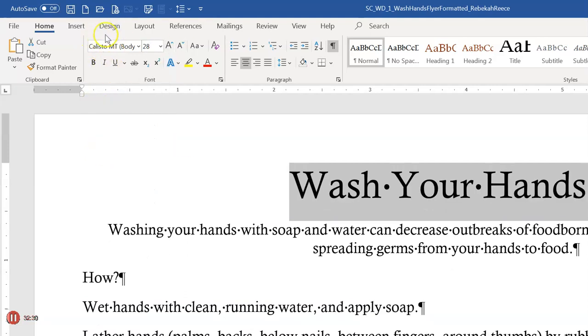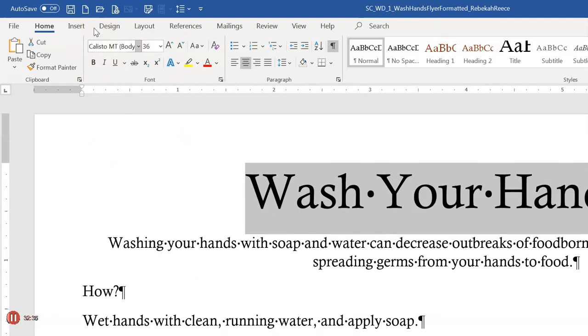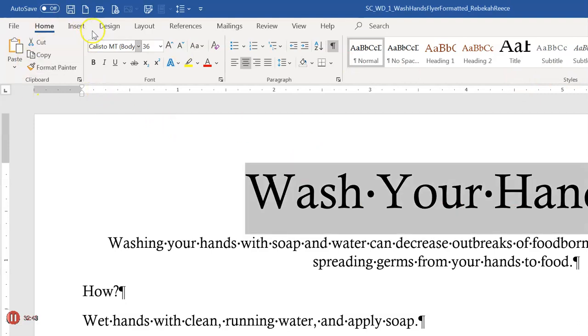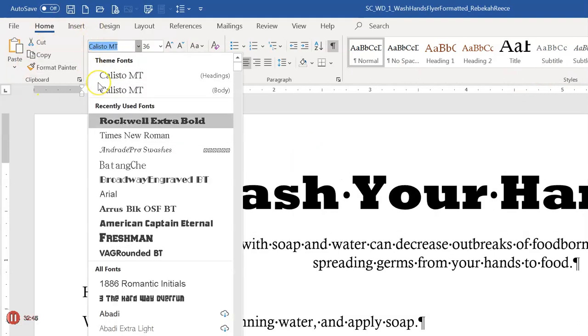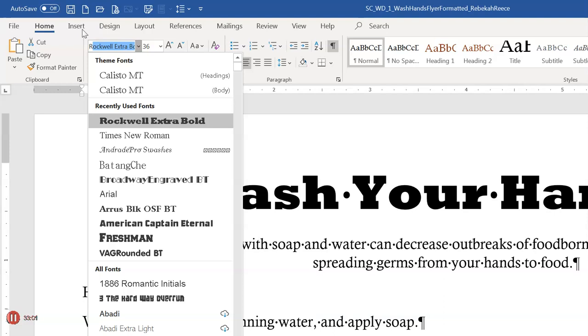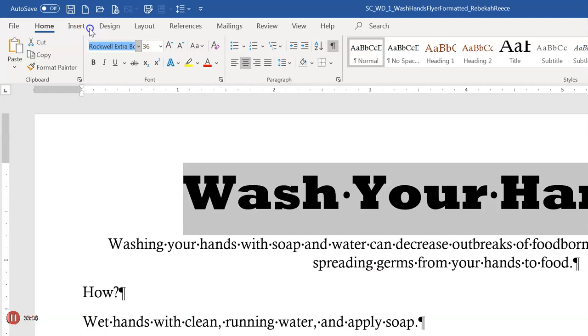The other thing that you can do is you can come right up here and type in 36 and it will change your font size to 36. The other thing we're going to do while we have this selected is change the font to Rockwell Extra Bold. Now, because I've been working with this on my computer, Rockwell Extra Bold is there in the recently used. Yours probably isn't. So when you have this Callisto MT font selected, you can type Rockwell, and then if you press your Enter key,